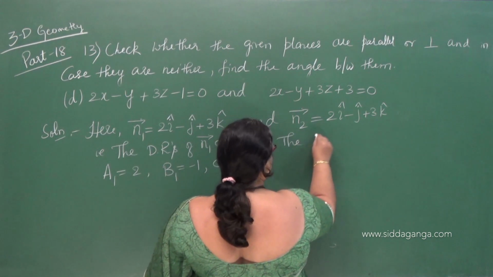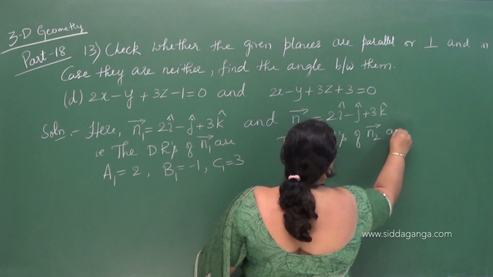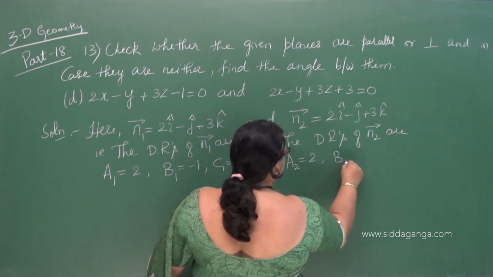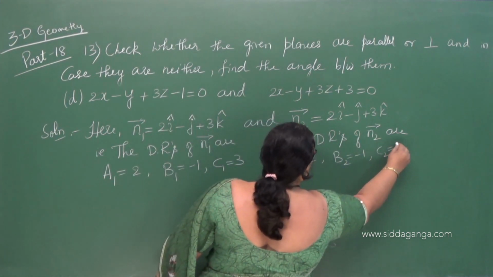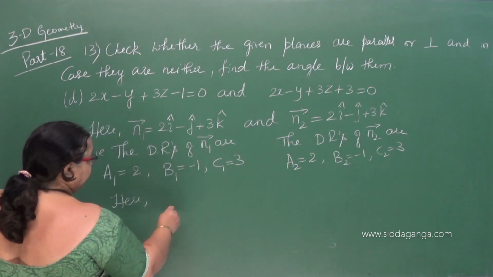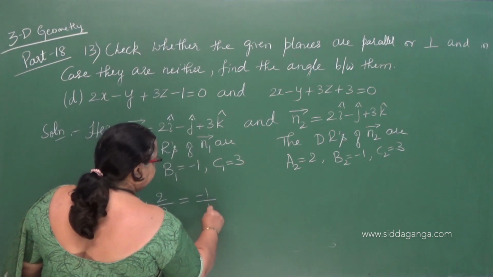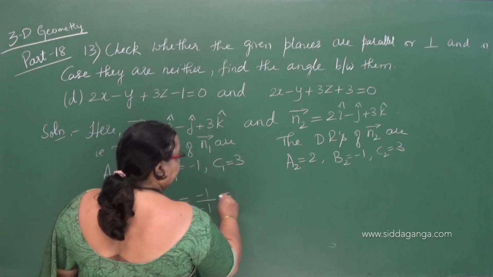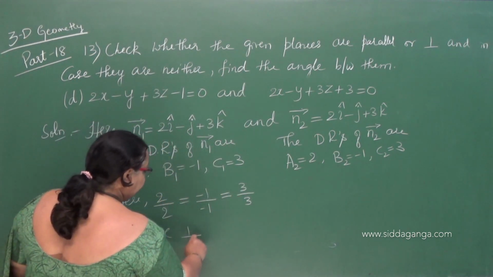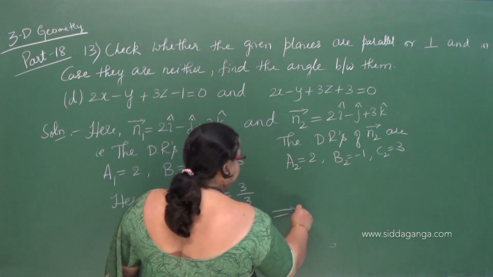The direction ratios of the normal vector n2 are a2 equal to 2, b2 equal to minus 1, c2 equal to 3. So here a1 by a2, 2 divided by 2 equal to minus 1 divided by minus 1 equal to 3 divided by 3. So that is 1 divided by 1 equal to 1 by 1 equal to 1 by 1 implies the given planes are